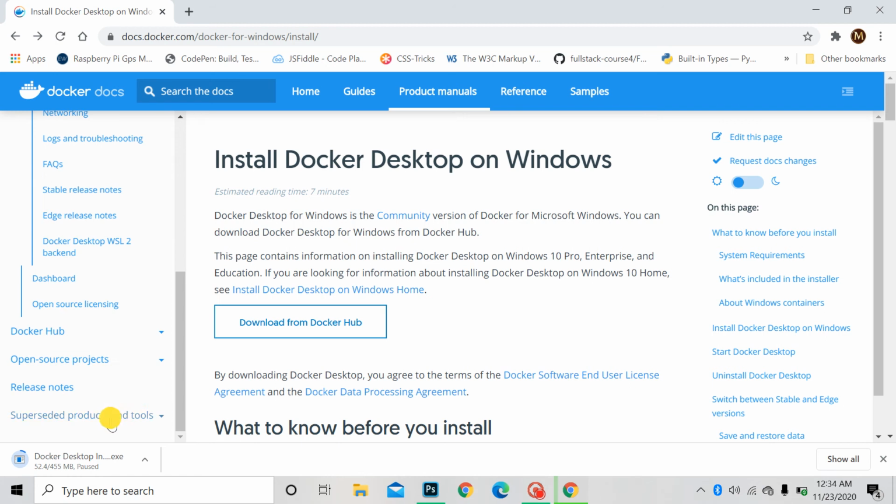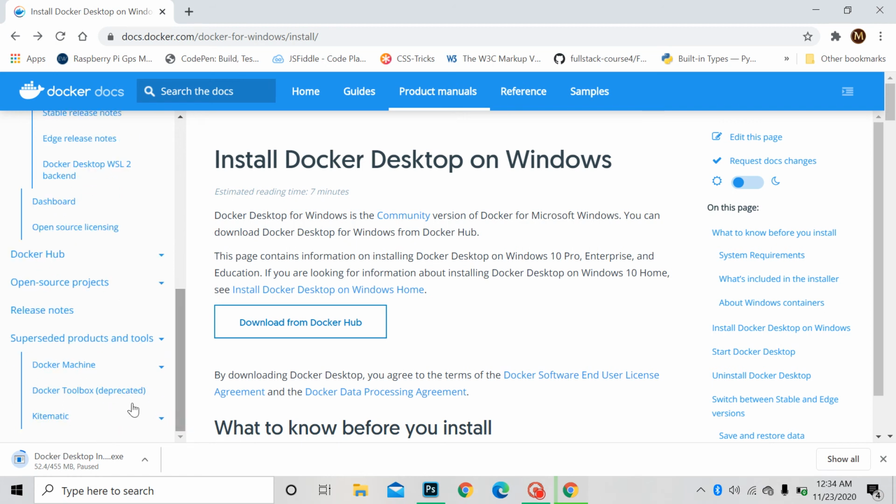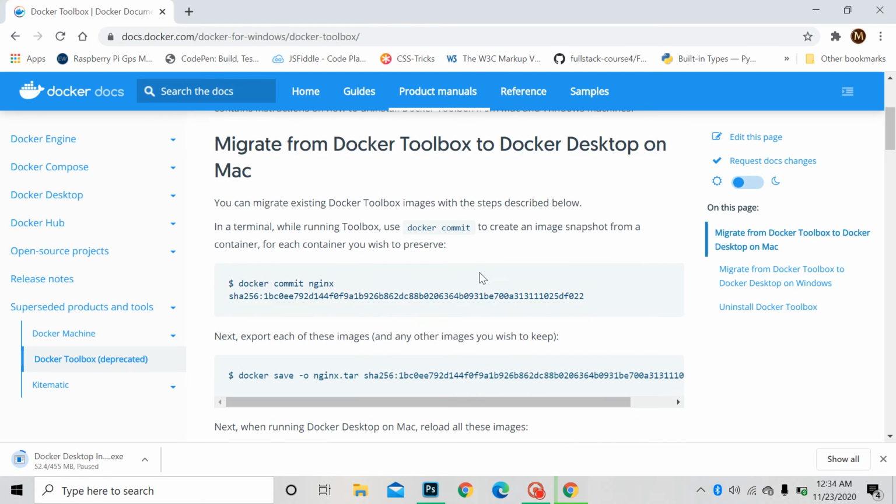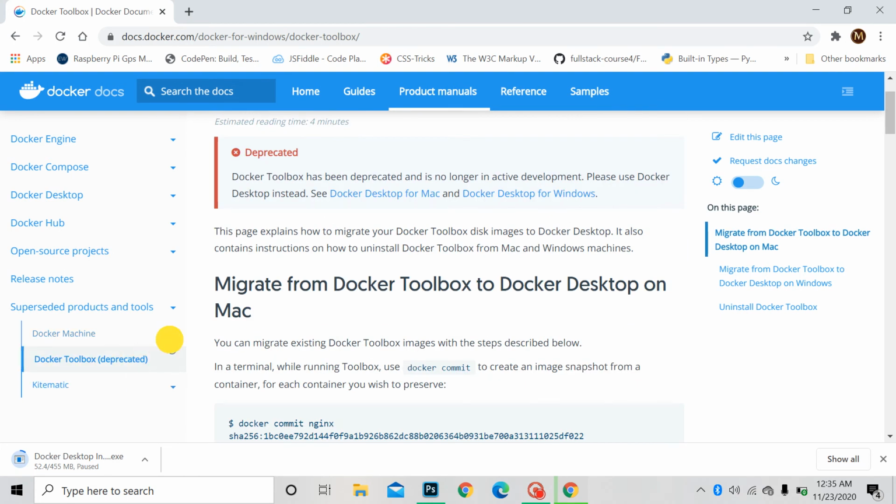Many YouTubers are saying that you can install it on Windows 8 and Windows 7, and they are showing you will get the legacy version here, but it's actually not here. Docker has suspended the version. It's no longer in active development, so you can't install it on Windows 7 or Windows 8.1, whatever it is. You have to upgrade to Windows 10. It's mandatory now. Previously you could run it, but not now.